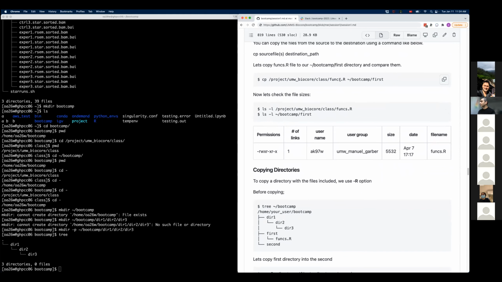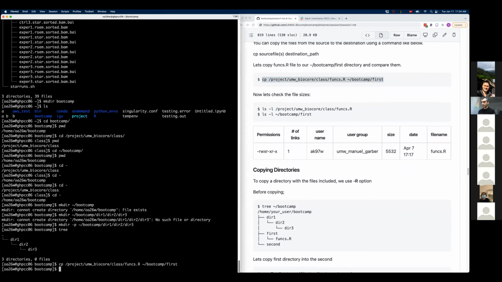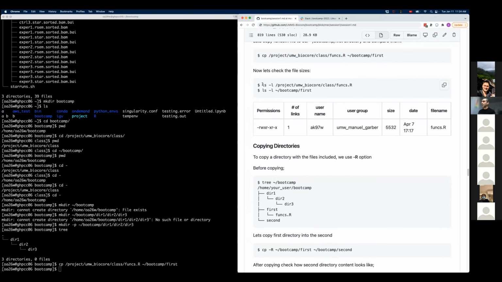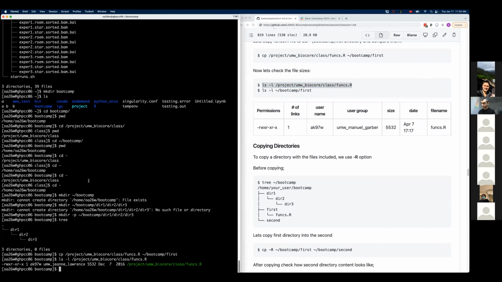So I just copy this, and then copy the next commands that are provided here, which show us the information on the first file that we copied, and then the destination file.